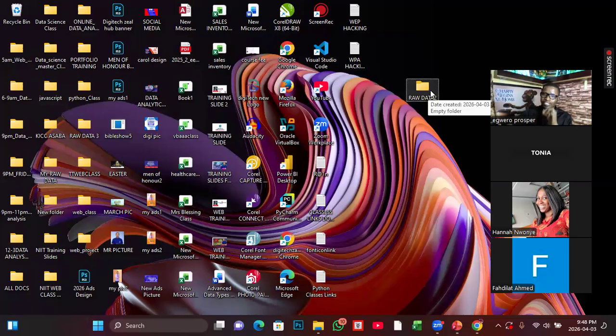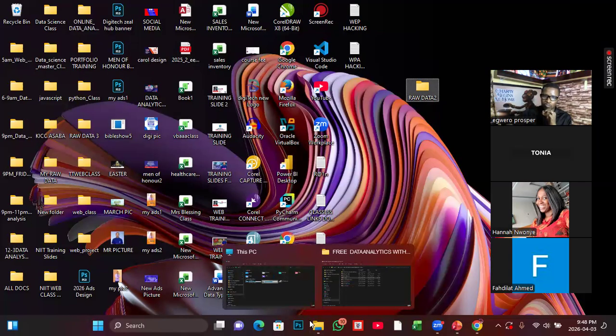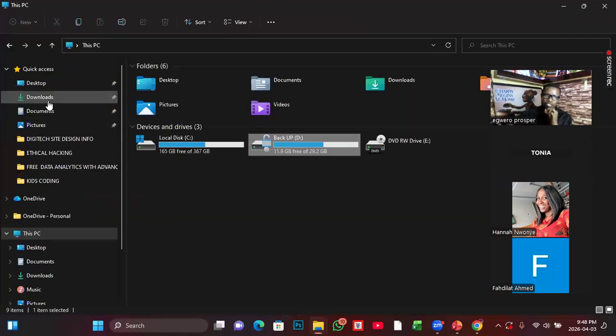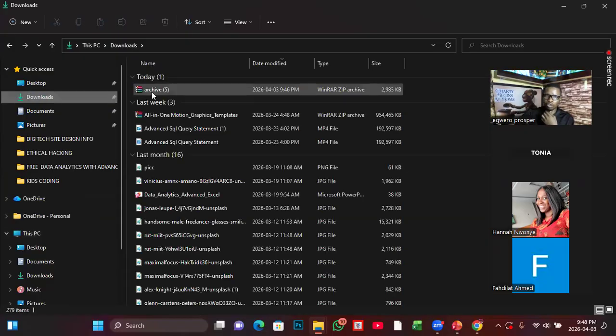So where do I get that data that I downloaded? You click on your file explorer. From here, there is always a default download folder, except where you have changed it. Some persons must have changed it so that whenever you download, it goes to desktop. But if you have not changed it, anything you download from the internet goes to this folder called download. So you go to the download folder, and then you are going to see the file we just downloaded.